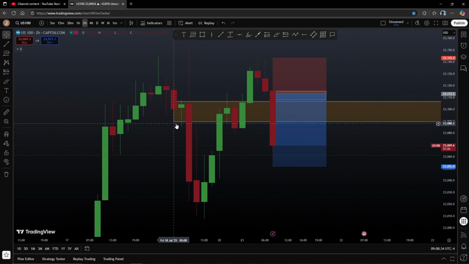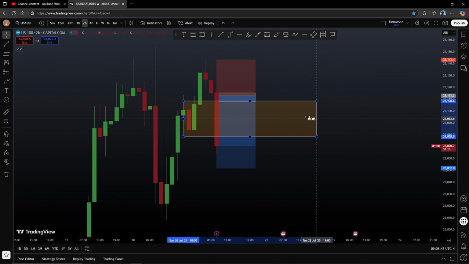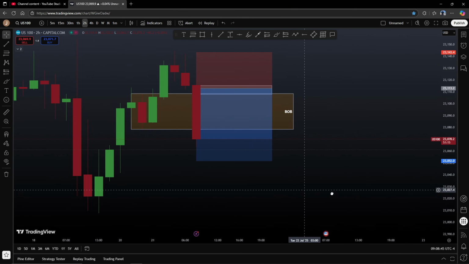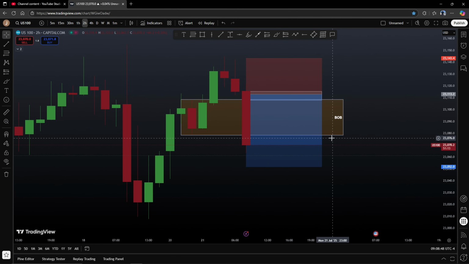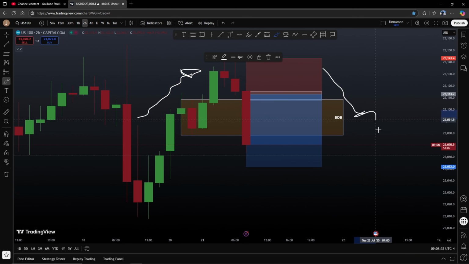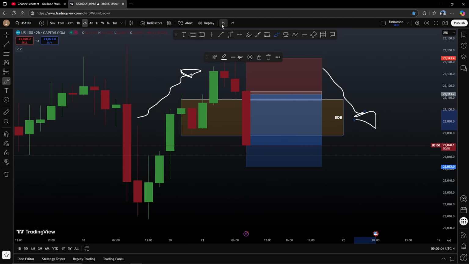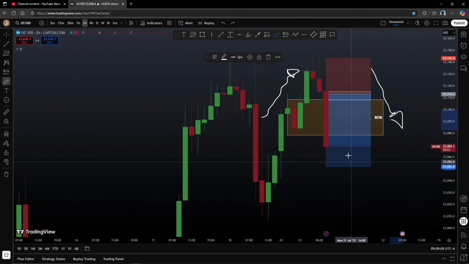So once again, if we are going to see the closure below, what is this going to tell each and every single one of you, right? It is going to tell you that we are finding ourselves creating then an area of supply, right? Telling us that we are turning this bullish market back into a bearish market. So once all my time frames are basically going to find themselves aligning with one another, basically telling me that we are being bearish in market structure, you know what, I will be comfortable with leaving a runner on this trade and see if we can have that actual further continuation move back towards the downside,